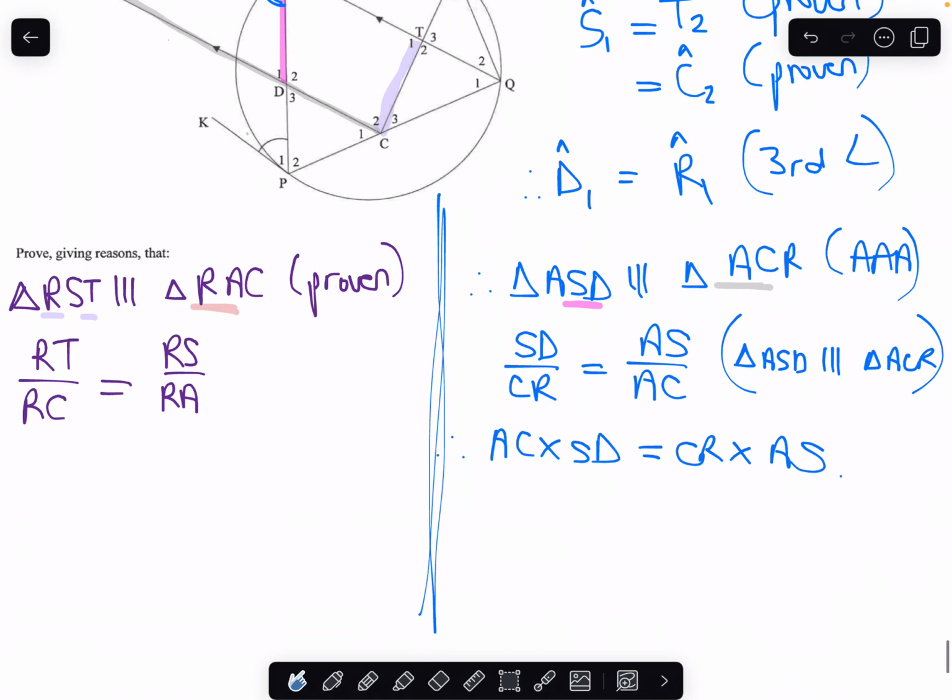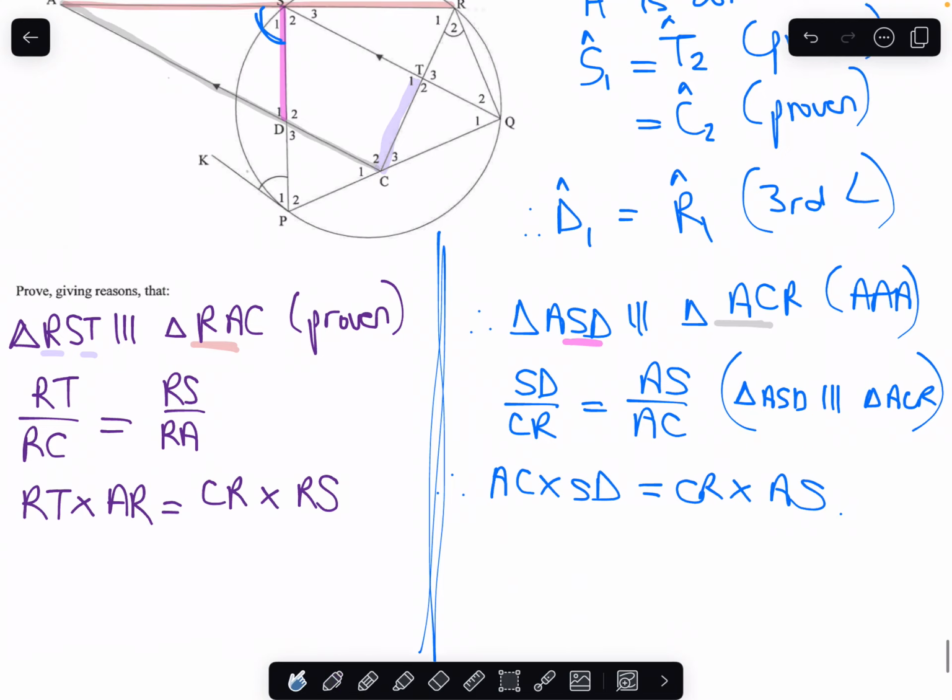Okay, so that is going to be RT times AR is equal to CR times RS. Okay,